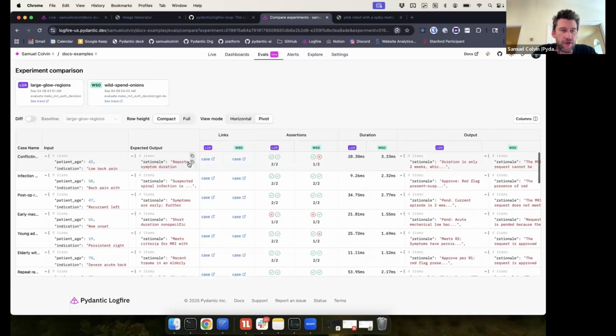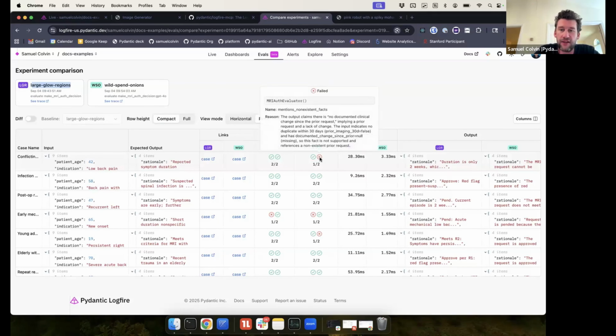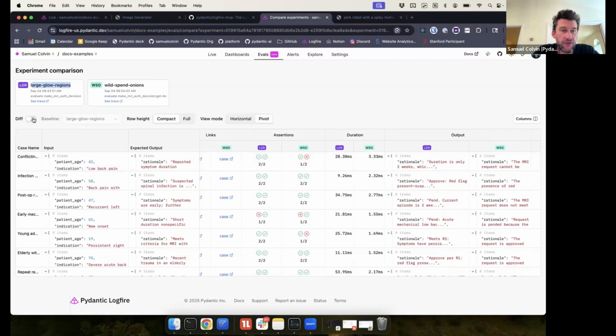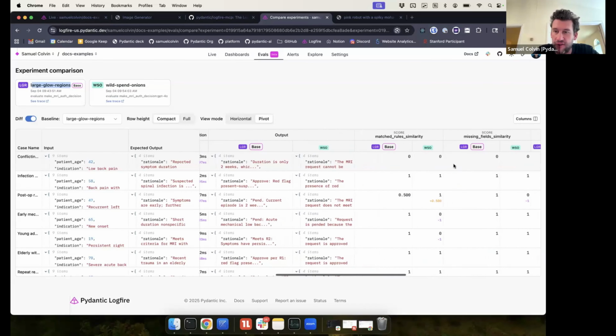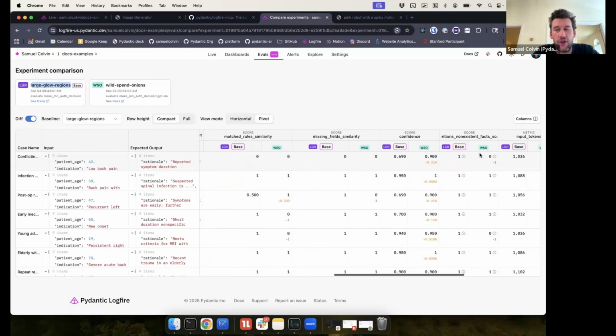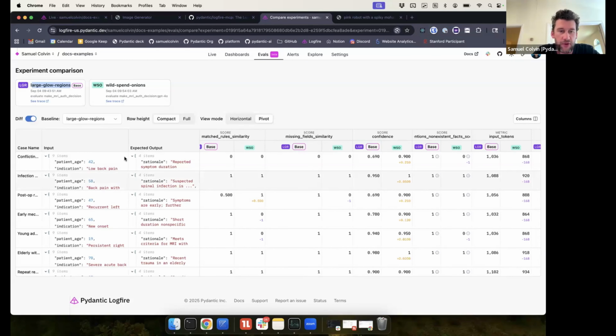And then this is the view to see how the two different runs compare. It doesn't show it here, and we're working to improve this now, but one is using, I think, 4.0 and one is using GPT-5. You will see how the different assertions pass and fail, and when they fail, why they fail. Let me turn on diff, and then you would see the diffs in things like the duration, but also diffs in the different scores you got while running your evals,